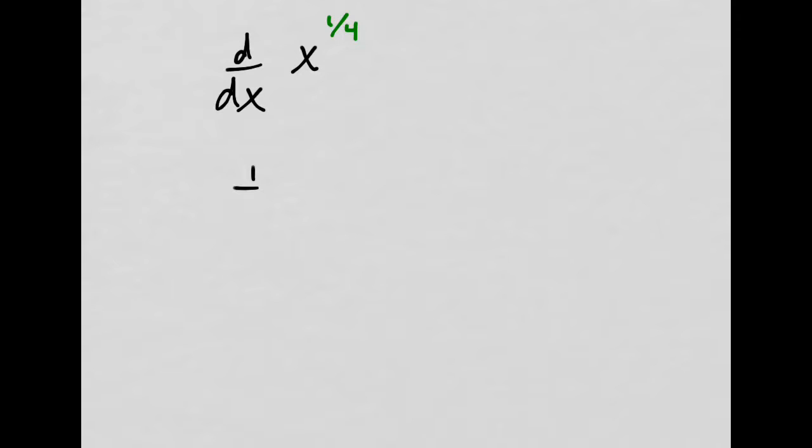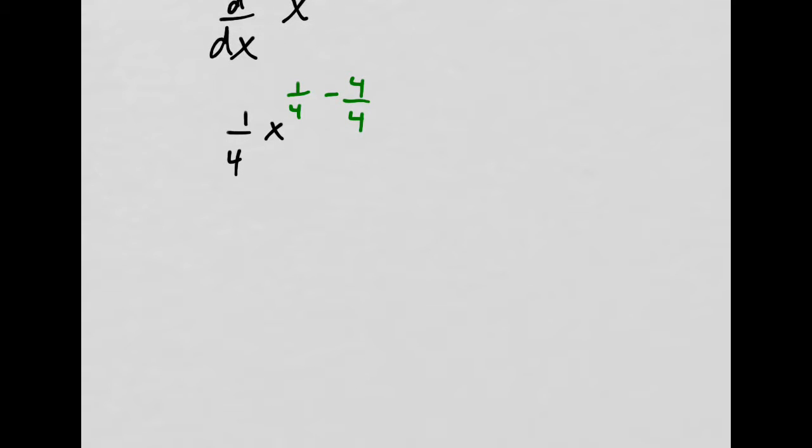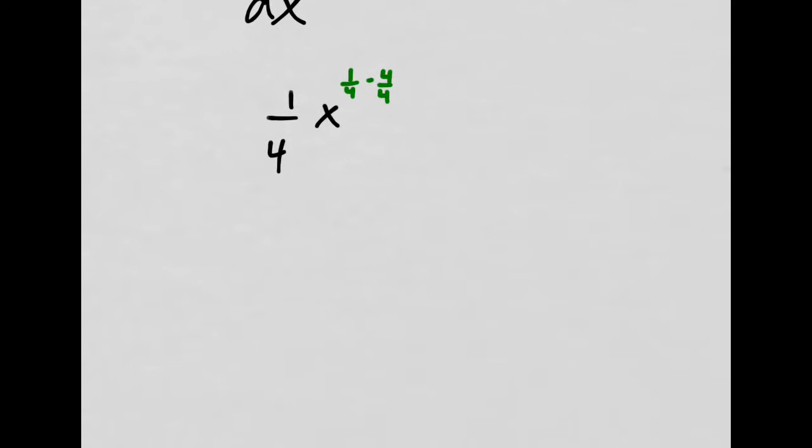We have 1/4 x to the, well, that's just 1/4. And then if I want to subtract 1 with a common denominator, that's just subtracting 4 over 4. Remember, that's all in the exponent. Don't write it super huge. I'll write it smaller. So there we go. And then what do we have? We have 1/4 times x. Don't put your x down here. That's wrong. Well, right now it's wrong. 1 minus 4 is negative